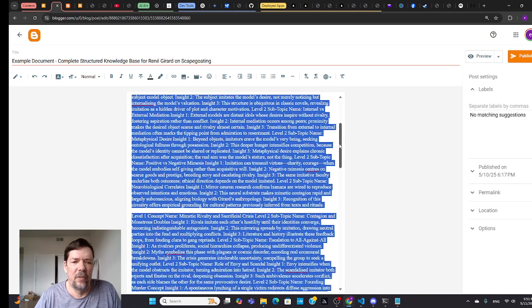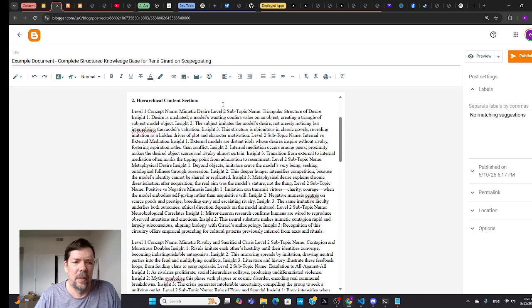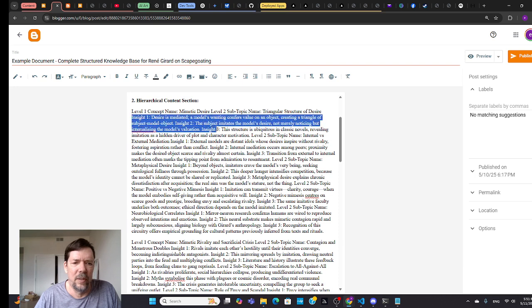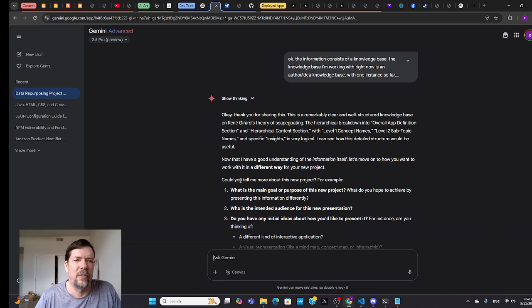So this is the form here. It's going to be hard to make out here, but you see it has level 1, level 2, insight 1, insight 2, insight 3, and so on. So this is the form of the data, and then I'm wanting it to create a